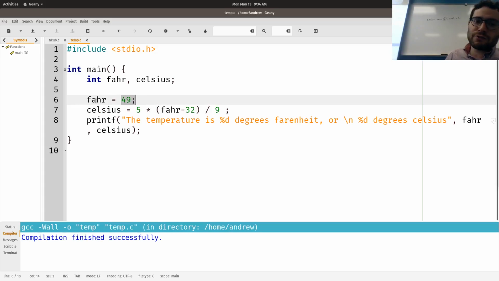You can only do it in this order. You can only have an expression on the right. I'll get into what an expression is in a second. And you can only have a variable on the left. Variables, same as it would be a variable in mathematics. The only thing here is that with ints, we specifically need it to be whole numbers, right? If I try to do this as like 49.8 degrees or something like that,